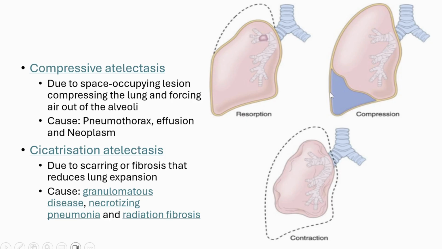And in the relaxation collapse also, it is the same, that is the fluid or anything in the pleural cavity leads to the relaxation collapse. And the contraction collapse or cicatrization collapse, that is the pathology within the lung parenchyma itself or due to the fibrosis. This will lead to the loss of elastic property of the lung parenchyma and fail to expand, causing the lung collapse. So these are the pathology of collapse and their types.